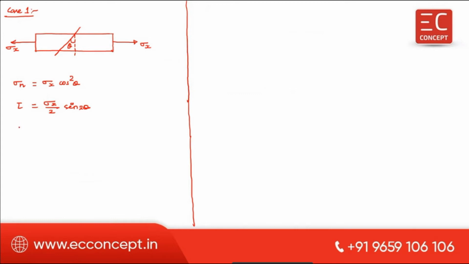Okay, now tau max also you have to keep in your mind. Tau max is equal to sigma x divided by 2. That means when sine 2 theta is equal to sine 90, that is 2 theta is equal to 90, then sine 2 theta becomes 1. So tau max will occur when sine 2 theta is equal to 1. That means tau max is equal to sigma x divided by 2, and it occurs at 45 degrees with respect to the major principal